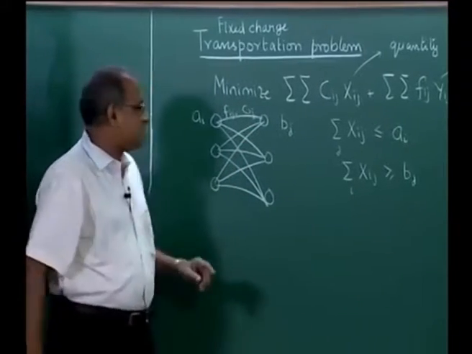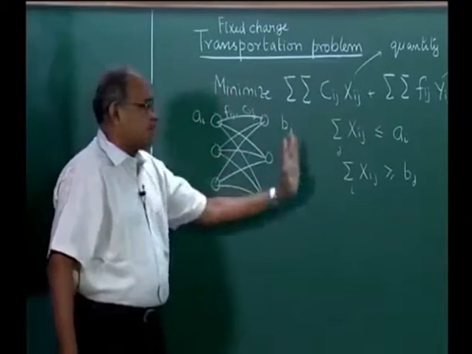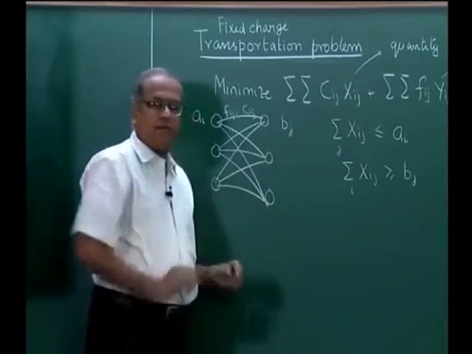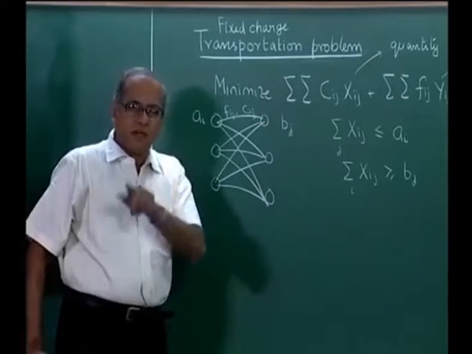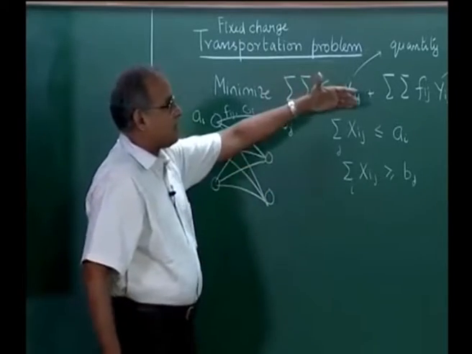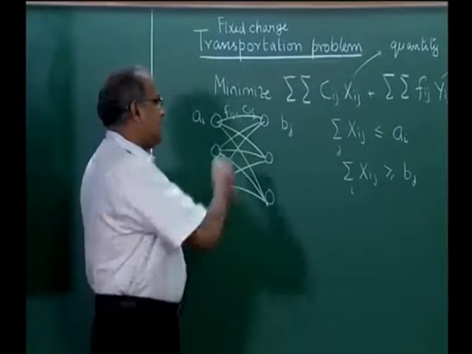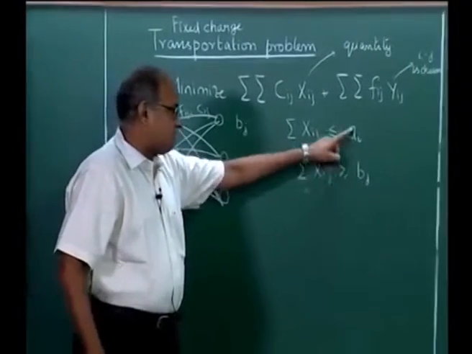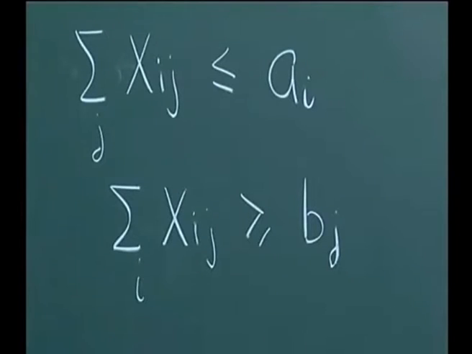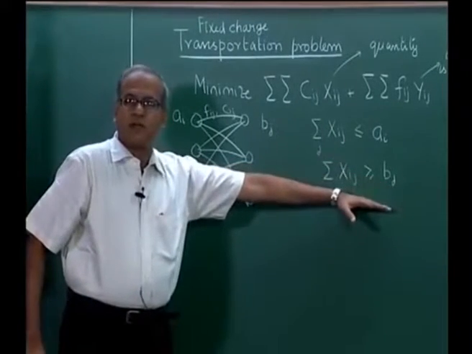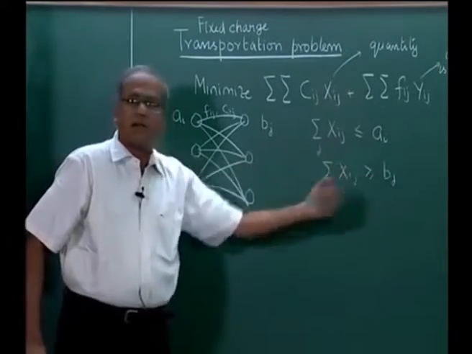Now, if we have a situation where the total supply exceeds the total demand, then all the demand will be met. More than the demand will not be given, because if we transport more than the demand, the total cost will only increase, and some of these supplies will not be utilized fully. So, the same structure will hold. Only if the total demand is more than the total supply would this formulation give us infeasibility, because it will not be able to meet all the demand.